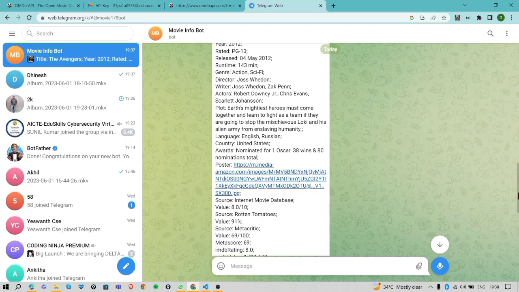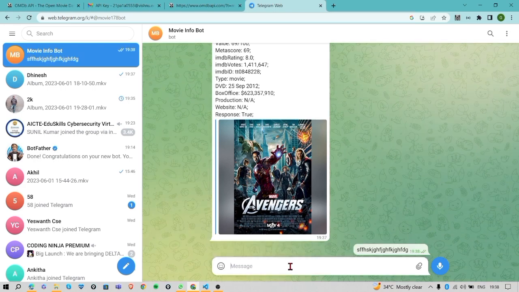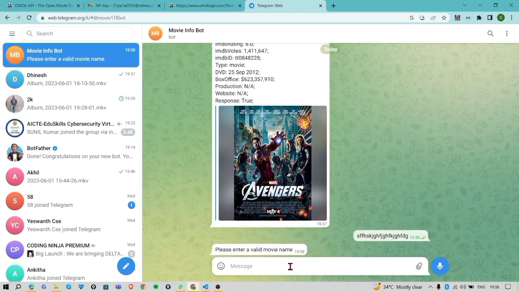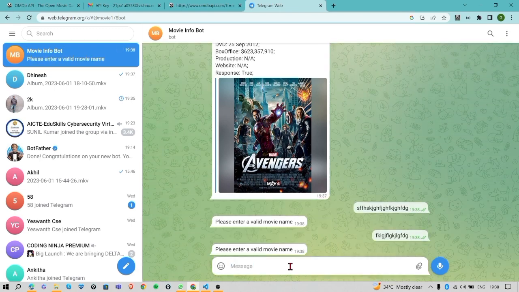And we will see by entering an invalid movie name, some movie name called something. Now you can see that if the user enters an invalid movie name, it will print please enter a valid movie name. If I again enter any invalid movie name, it is showing please enter a valid movie name. If I enter any next, if I enter any valid movie name like